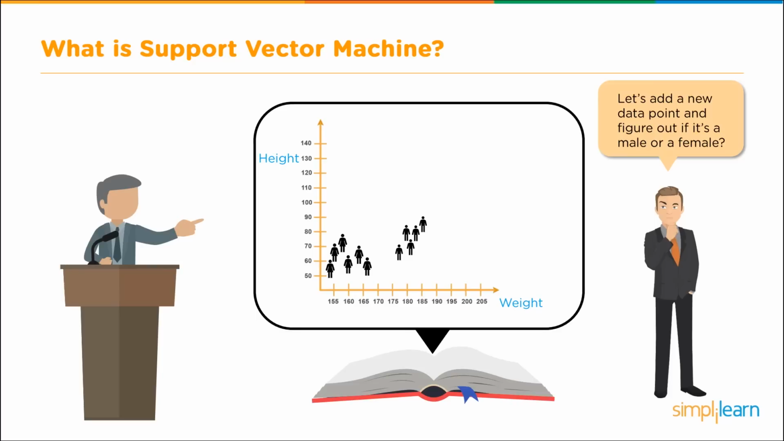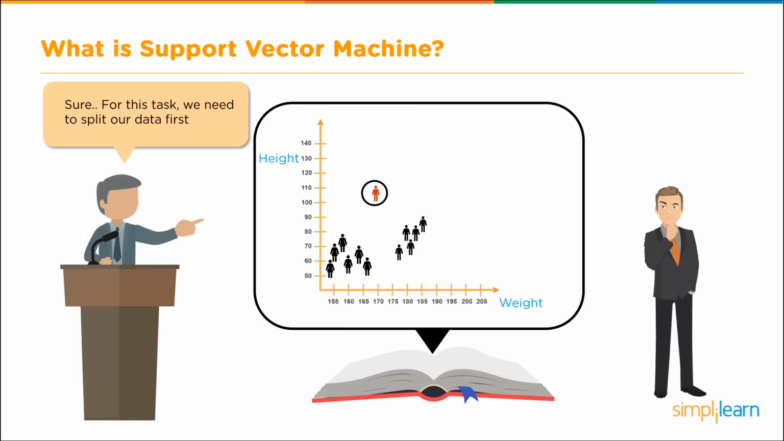Now, if we're going to create a classifier, let's add a new data point and figure out if it's male or female. So before we can do that, we need to split our data first. We can split our data by choosing any of these lines. In this case, we draw in 2 lines through the data in the middle that separates the men from the women. But